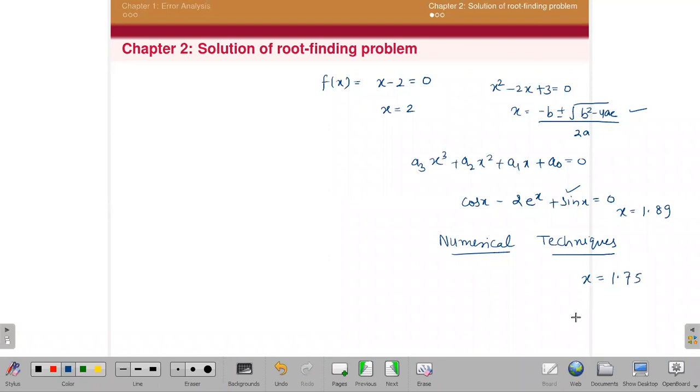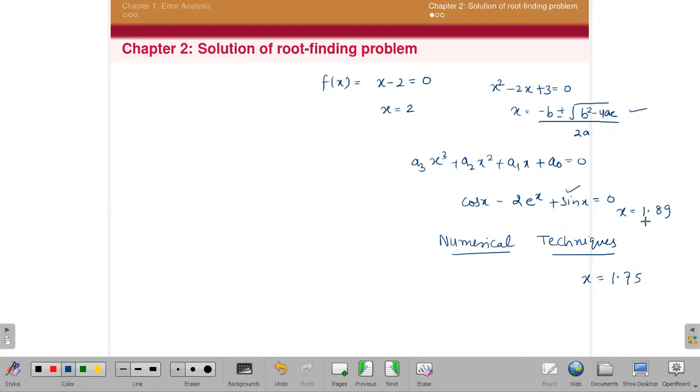1.75, suppose. So that is also acceptable. At least you are getting near to the exact number. You will be very happy if you are getting an approximation to the exact root, even if you are dealing with an insolvable problem. So that is a benefit, and that is the disadvantage also. Sometimes you will get a worse approximation, sometimes a good approximation, depending on the question and the numerical technique.